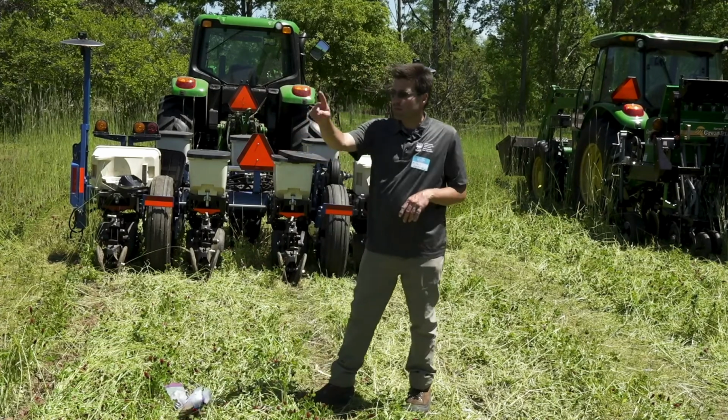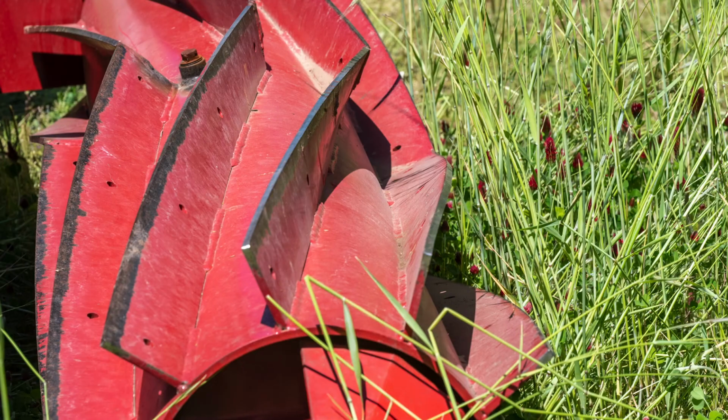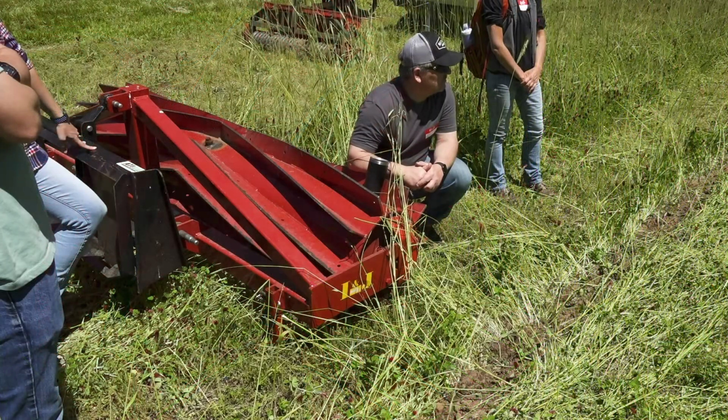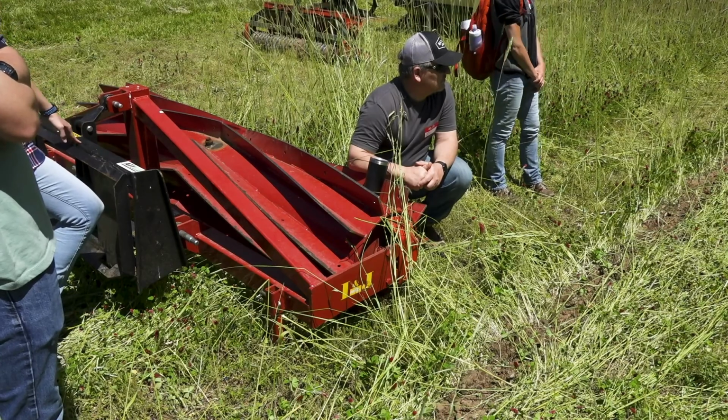So over here, let's start out with the roller crimper. The roller crimper is designed as a mechanical termination of cover crops, mainly for organic, because with organic you're not able to use herbicides to terminate. So that is a good method of terminating cover crops. You can mow too, but that has issues itself, but rolling works well because it lays down the cover, and it's easier to plant through